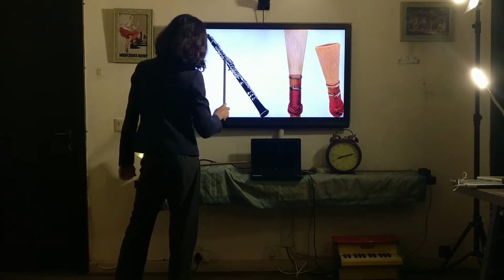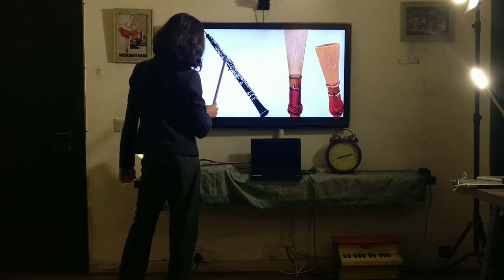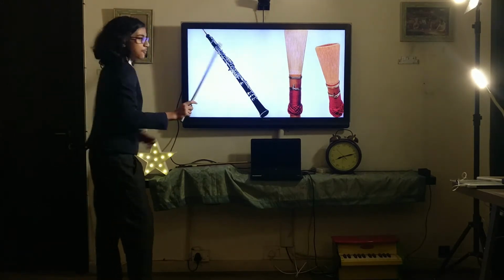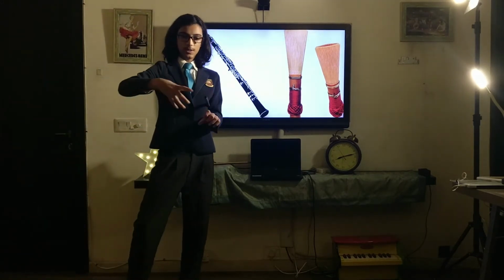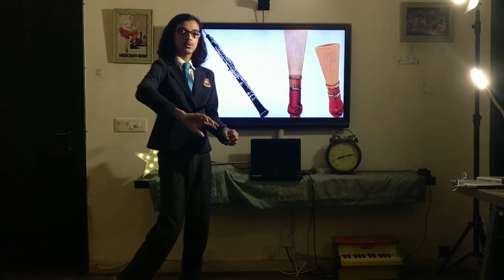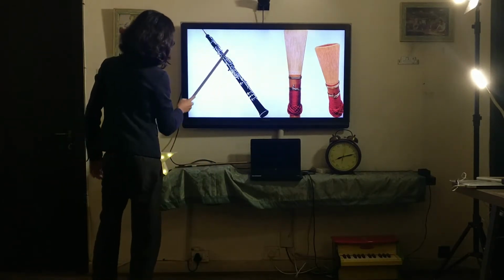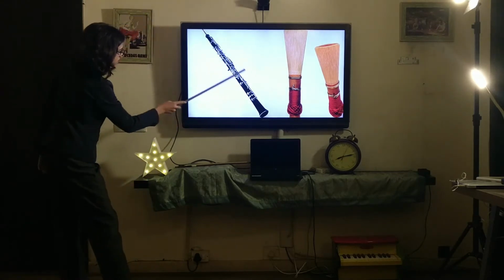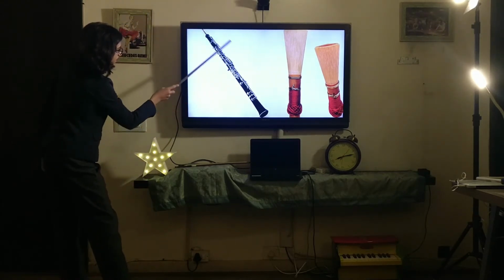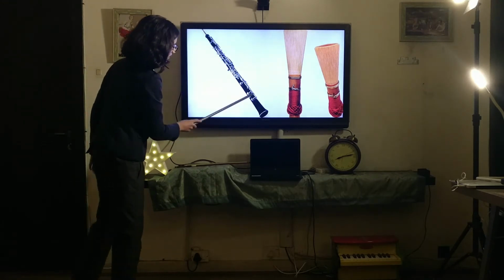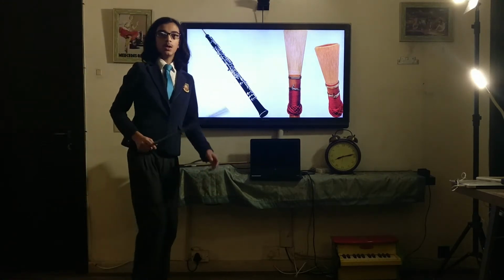Now we move on. We have sort of three sections of the oboe here. This part, that's the upper section. That's because just like most woodwind instruments, the oboe actually breaks up into multiple joints, so it's easier to store, and a couple of other reasons as well. So this is the upper section, and this is the lower section right here. So upper section, lower section, and this is the bell. Now once again the bell. So let's go one by one.